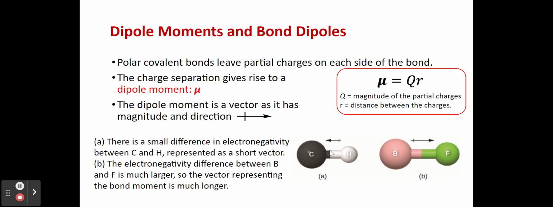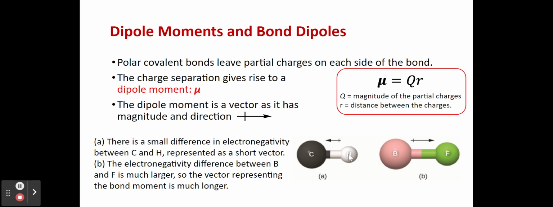So let's look at this bond here. We've got carbon bonded to hydrogen. Carbon is more electronegative. The electrons are going to be drawn closer to the carbon. So our dipole moment is going to go in this direction. So we've got our arrow going in this direction towards the more electronegative element. And there's almost a little positive sign here, which would be on the less electronegative element,